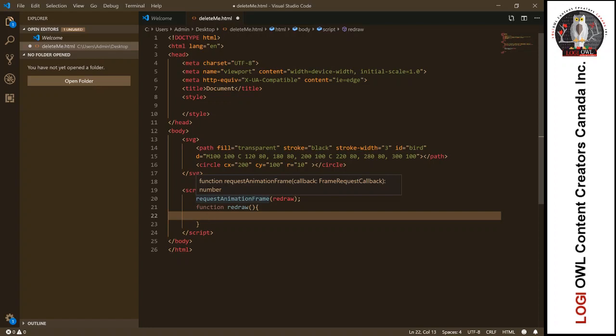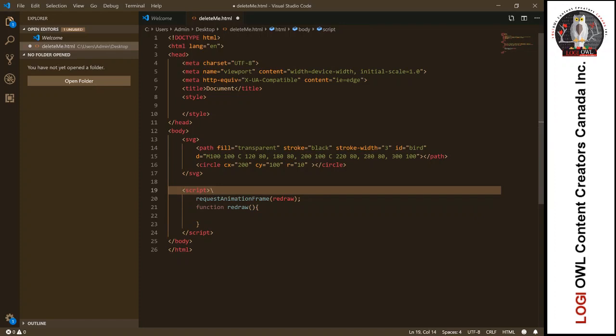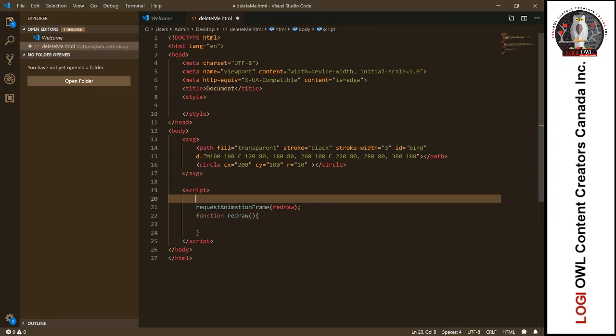Okay, so the first thing before having that redraw, I will use var just to make that available inside the function. I will use var and try to select that path to be able to reach the D value of that path. So the first thing I would say, my path equal